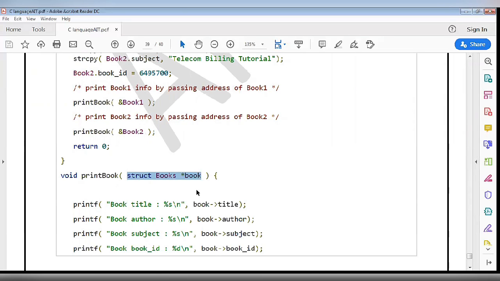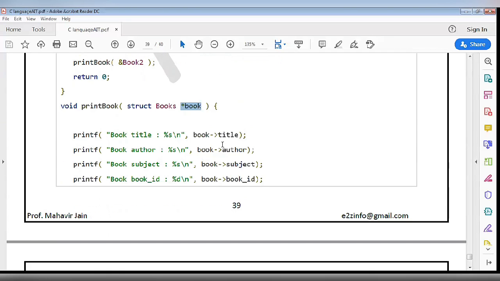As we are passing the address, we need a pointer variable at the receiving end. In the print book function, we have defined a pointer variable of the structure type, *book.